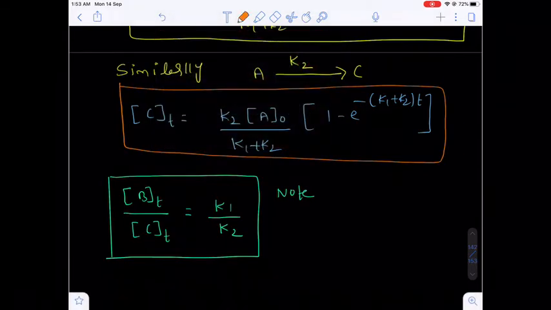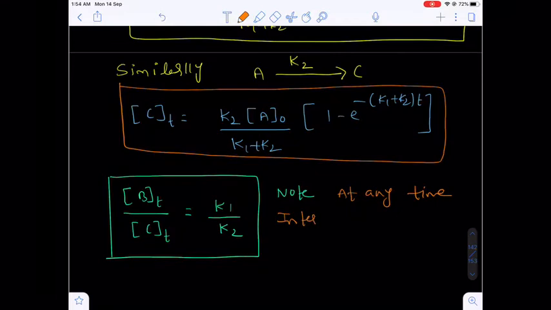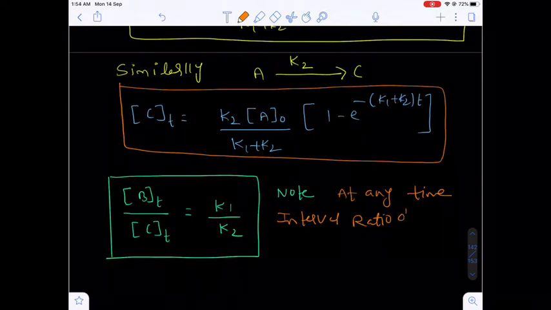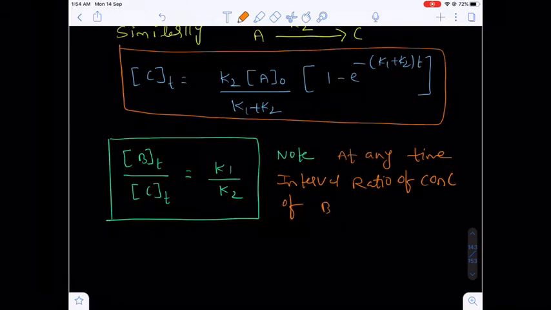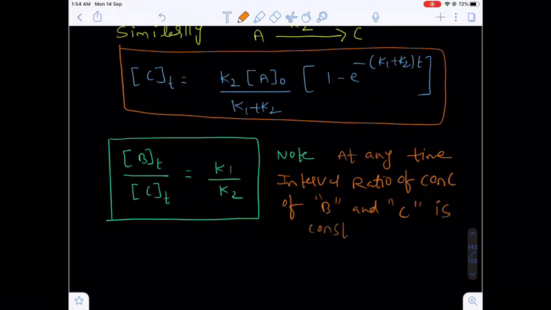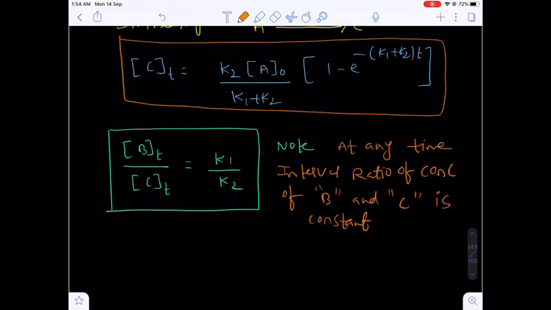At any time interval, the ratio of the concentration of B and C is constant. If you see the concentration of B divided by C, that is the product concentration, it is always constant, because K1 is a constant, K2 is a constant, so the ratio is always